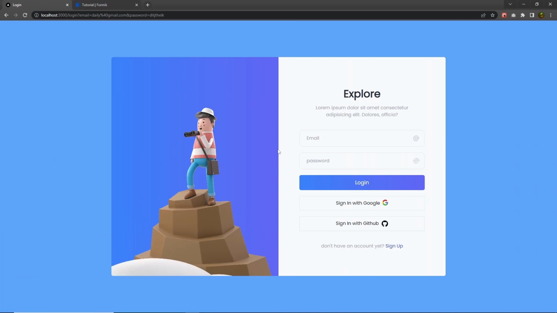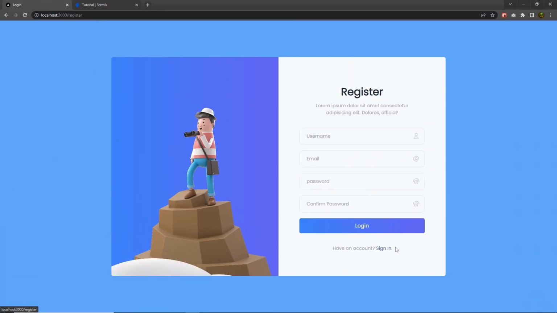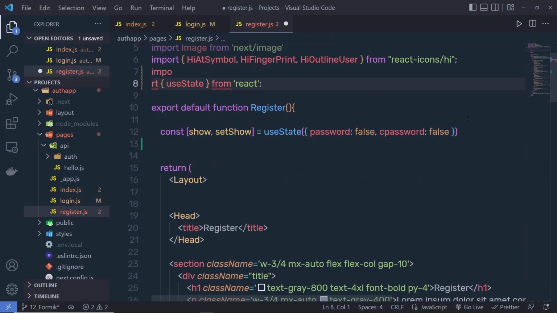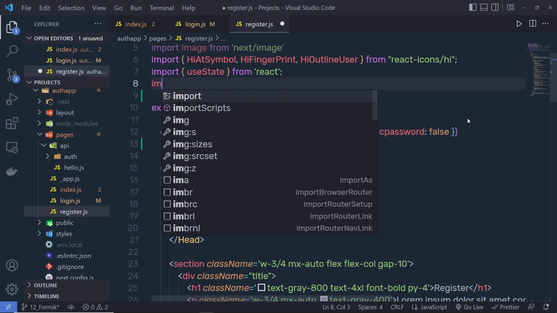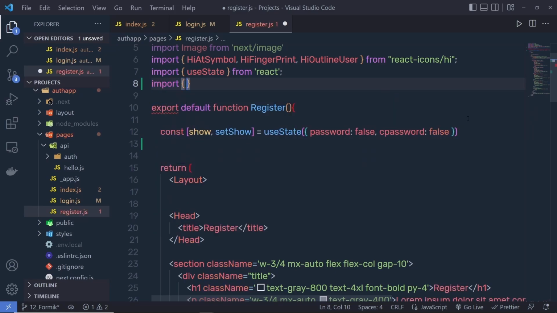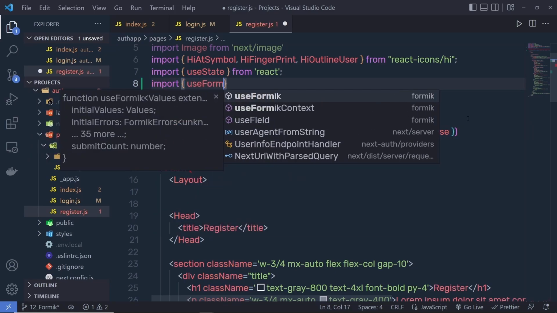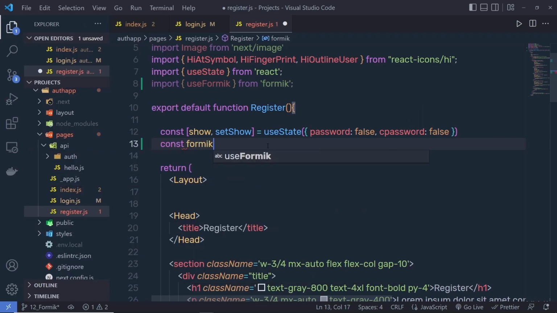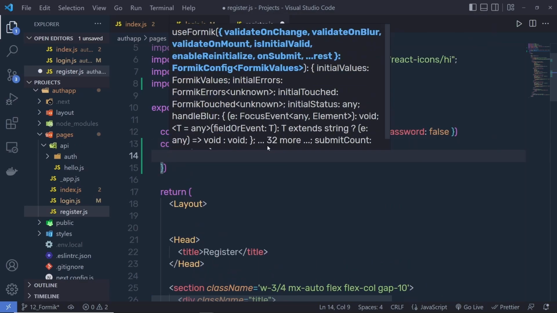Now let's add Formik to the registration page. So click on sign up and open the register page, and here we have 4 input text boxes. Now what I want is to get all the values of these input text boxes and print them in the console. So I'm going to go back to my project, and here I'm going to click on this register.js. Right up here we need to first import Formik. So I'm going to say here import useFormik from formik, and then right down here I'm going to say const formik is equal to useFormik, and inside an object you specify